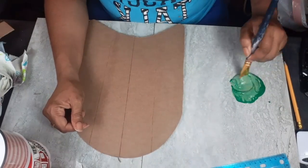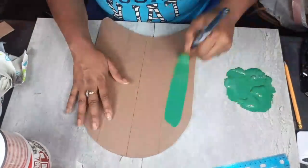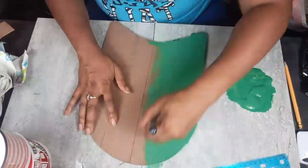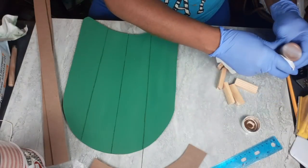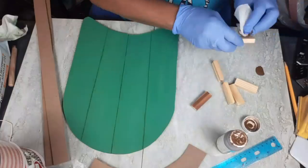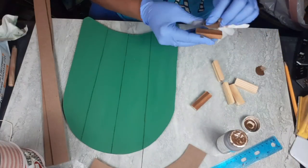So now that I've got my lines all down on the sled, I'm going in with my Hello Hobby sage and my Apple Barrel Christmas tree. I mixed them together because the Christmas tree was brighter than I wanted it, so I wanted to mute that paint color or dull it down, so I added the sage. Got that all painted. Now I'm taking my tumbling tower blocks, and I will be using 6 of them, and